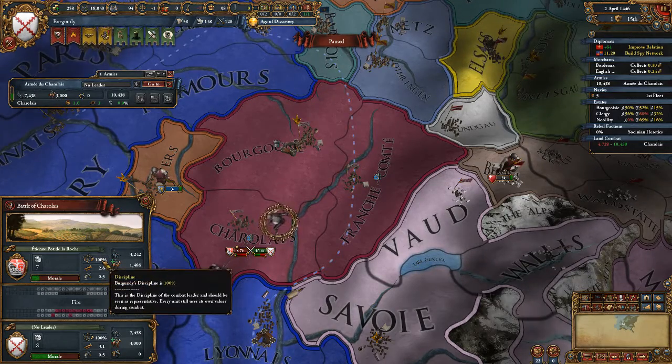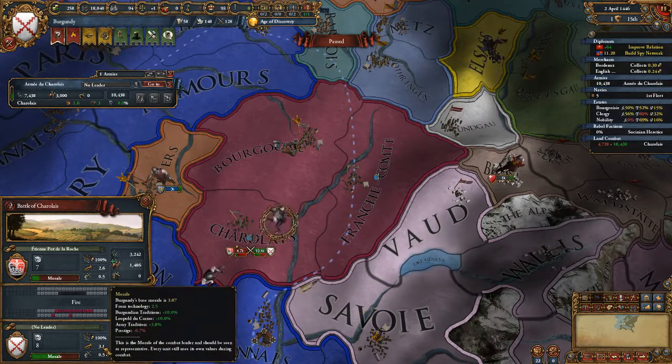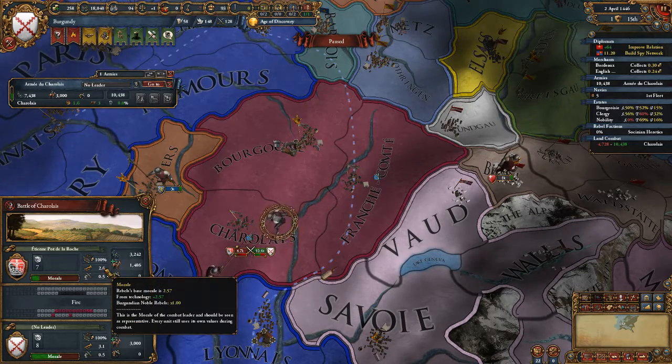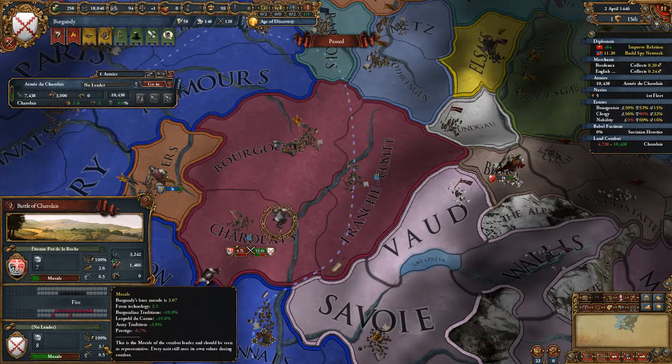That will always be the case when you're fighting rebels. They take your discipline with them. What they don't take is your morale. What we can have a look at is that they get a good chunk, or they actually no, the only advantages they get from morale is tech. So they get 2.57,